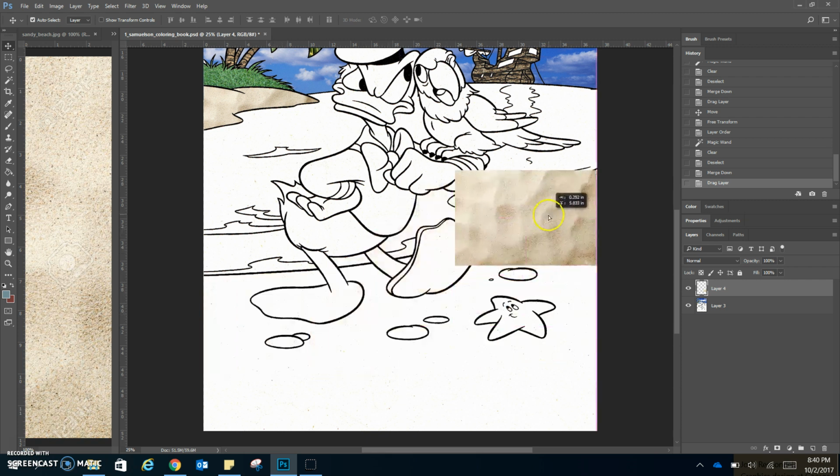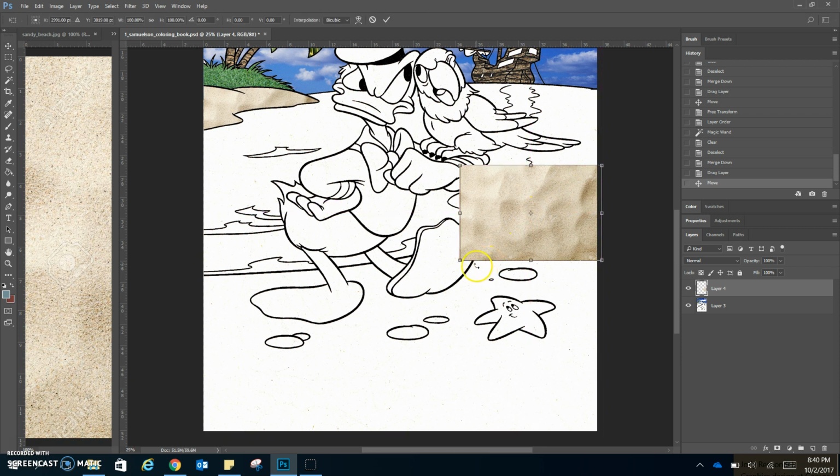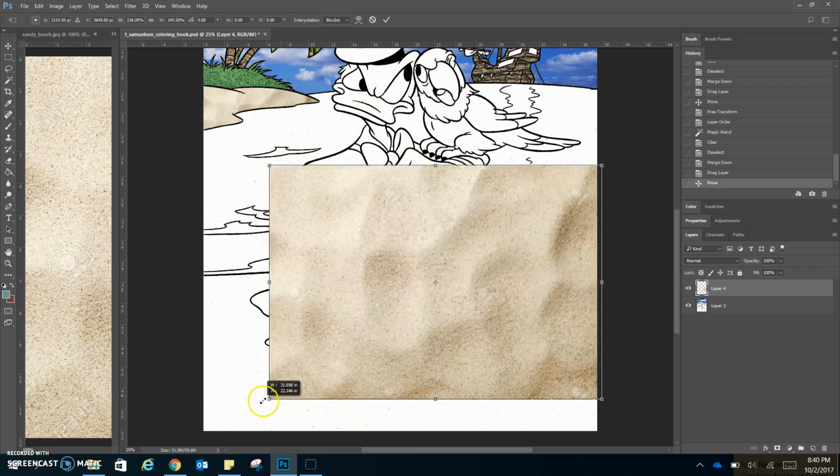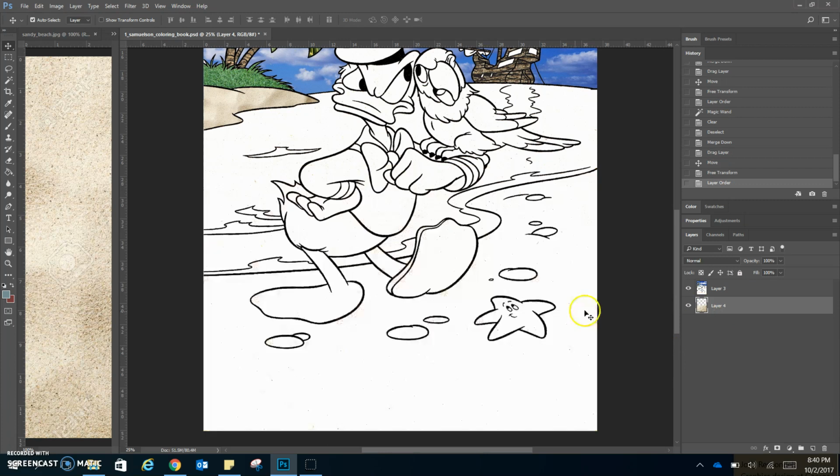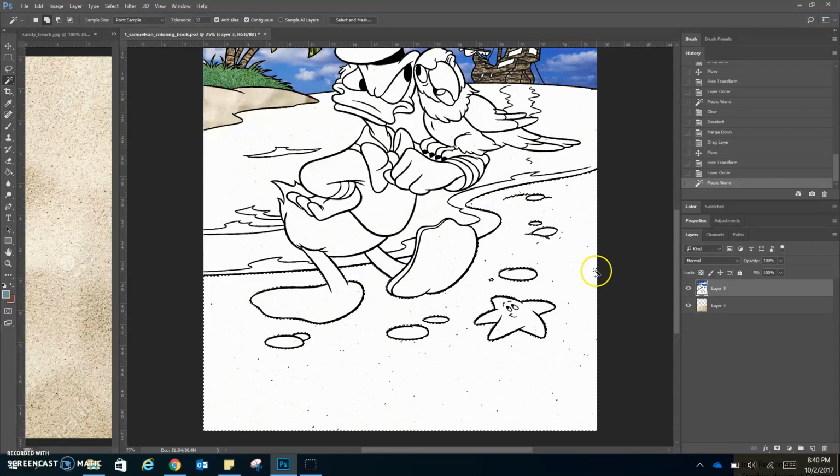Okay, so we can see that it starts up here and then it basically goes to the bottom of the picture here. So I'm going to resize it that way. The details are bigger, but if you think about it, this part of the image is closer to us. This beach is closer to us, so the detail is going to be bigger anyway. Okay, so think about that perspective rule. So here I am. I'm going to select the beach,